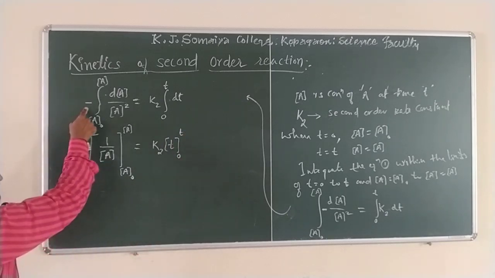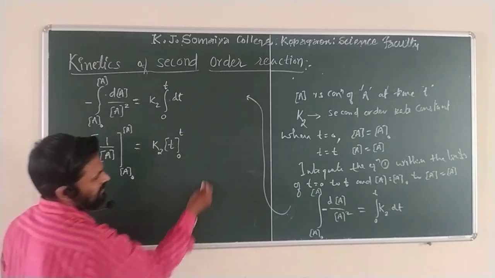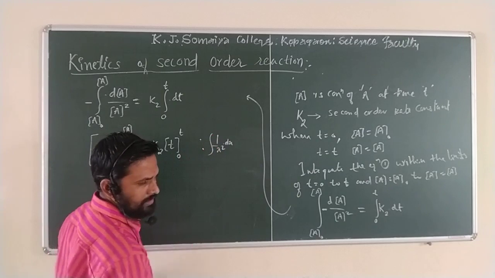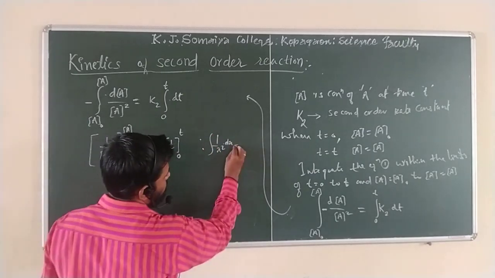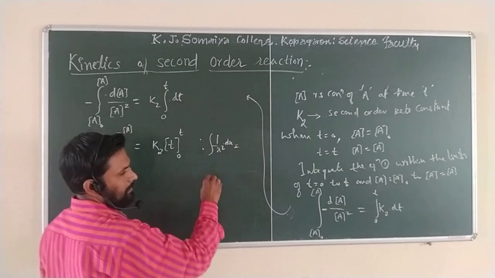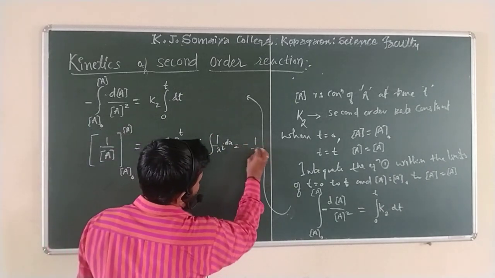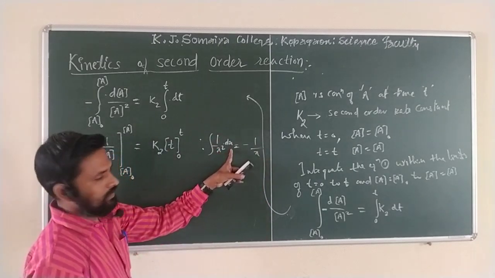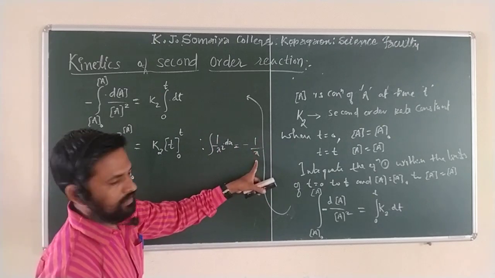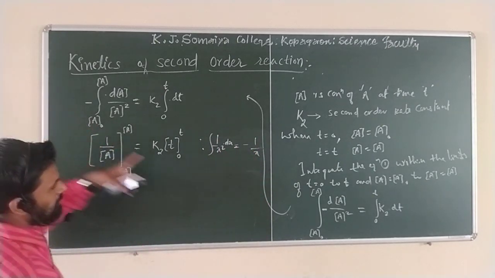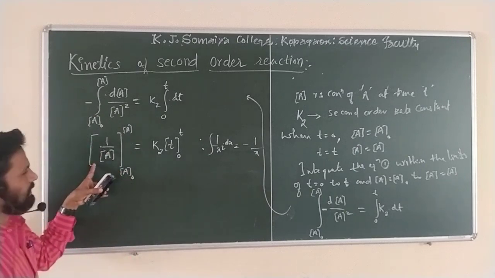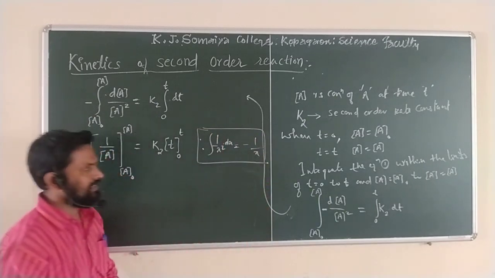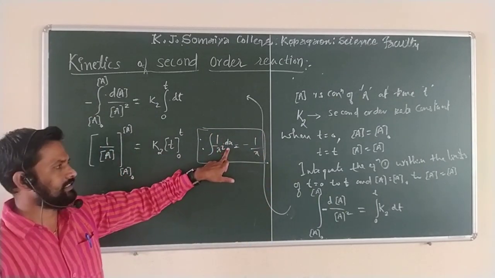Now, how does the negative sign become positive? It is very simple. As we know from the mathematical equation, if 1 upon x square dx is integrated, we have the formula: the answer is minus 1 upon x. But the negative sign is already there, so 1 upon x is nothing but 1 upon A. Simply you have to understand, this is a mathematical formula for integration. I hope you understand: 1 upon x square with respect to dx, when integrated.